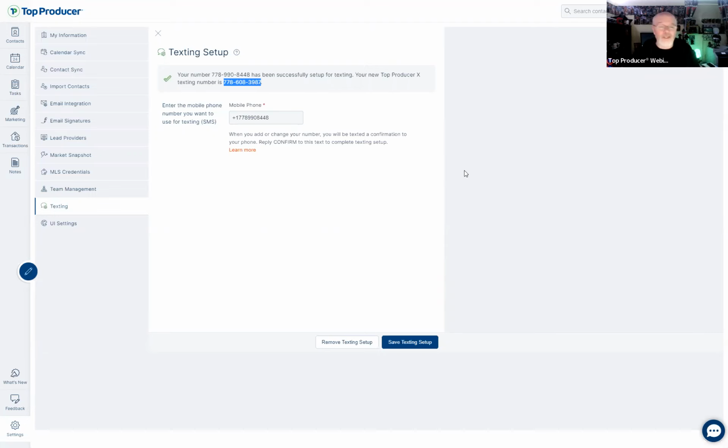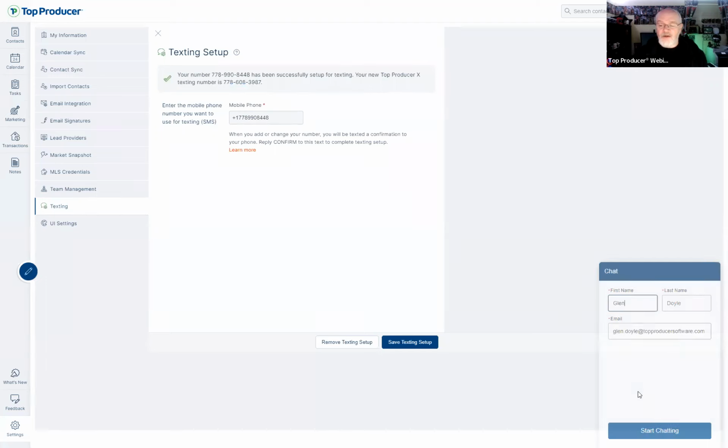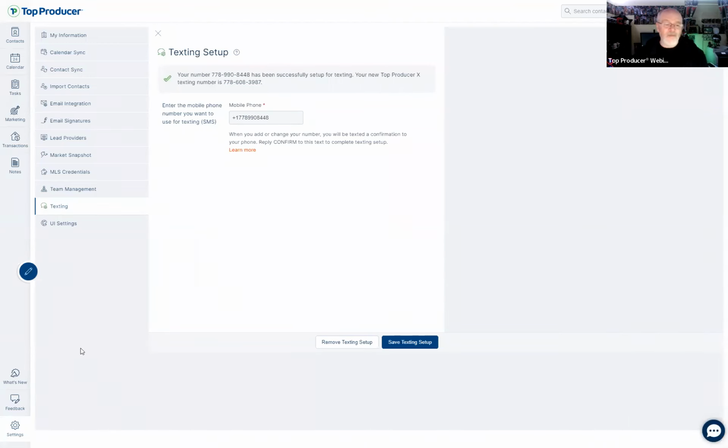So if you do have any questions about your settings and you do run into any issues, as always, you can click on this button down here that is our chat. Again, mine, once I click on it, is kind of slow to come up because it's an abused program. But just make sure you put in your first and last name, and I would recommend using the email address associated with your account, just so that we can get you the answers and have the account information right there to help you quickly. Hold times for chat are usually less than 1 minute. So give that a try if you ever have any questions.